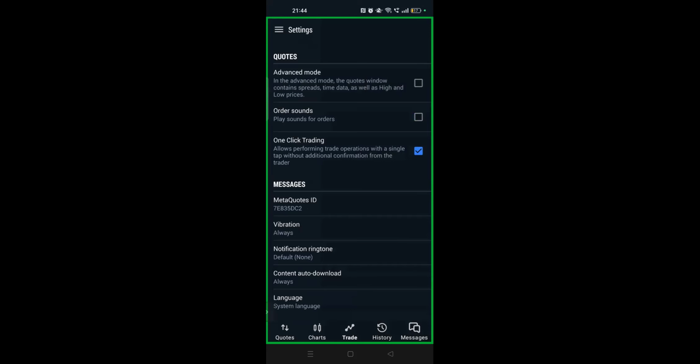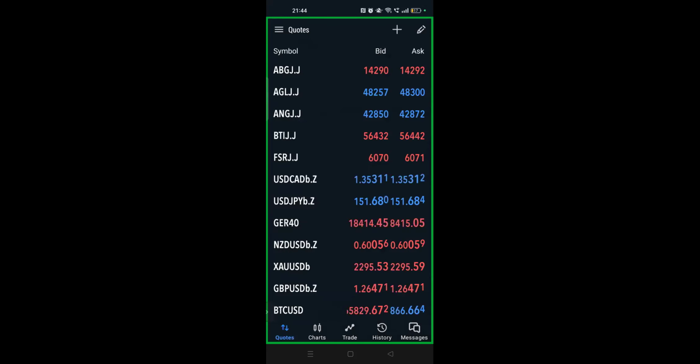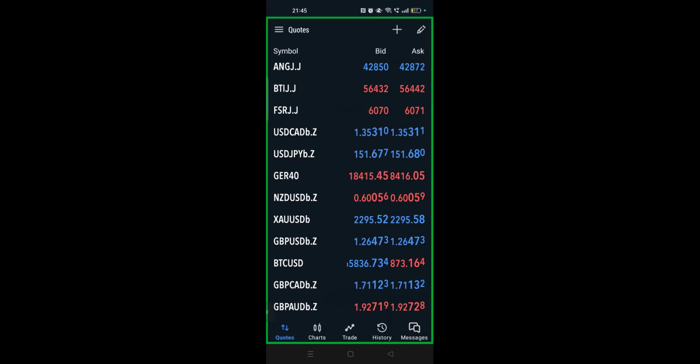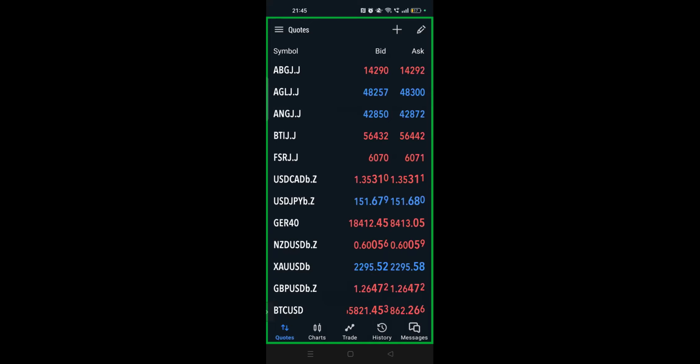Yeah, the quotes are the base. So you can see that you don't see anything. You don't see the bid price. You only see bid and ask price. You don't see the pips move against the asset. You don't see the spread. You don't see the date. You don't see the time, right? So let's go back to settings and then